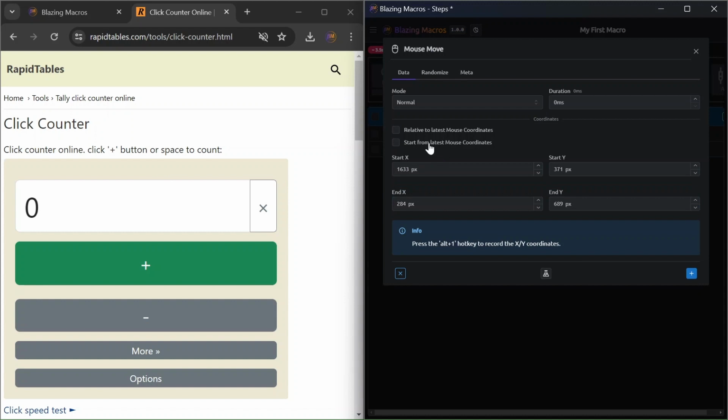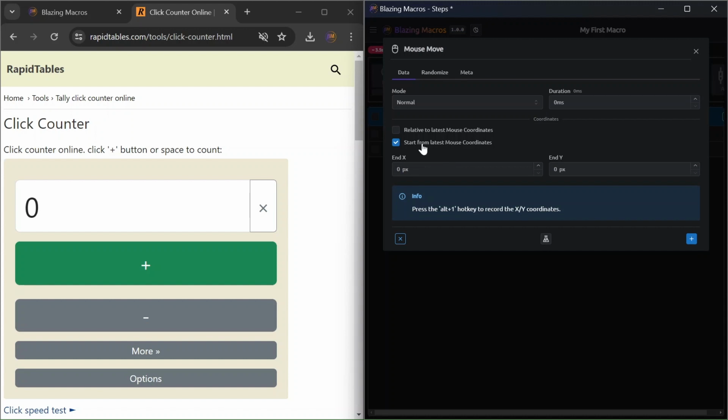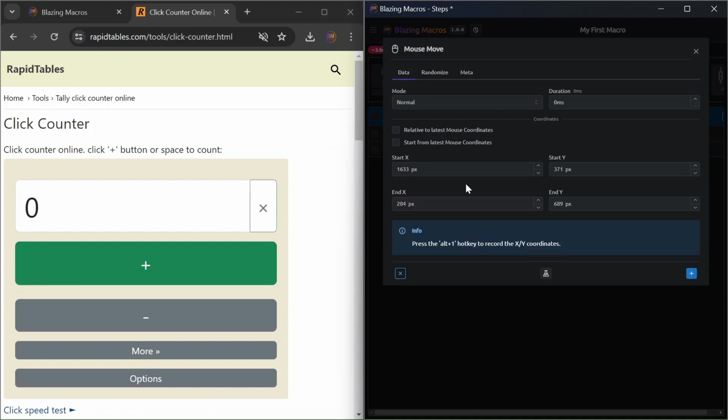And the last piece of configuration regarding the mouse move capability is starting from the latest mouse coordinates. So for example, if I click this button, I want to start from this position and land here. So I can just click on the Alt plus one, and it will land here and start from wherever the mouse was. So we can go ahead and do the normal one. We can start from here and land here,